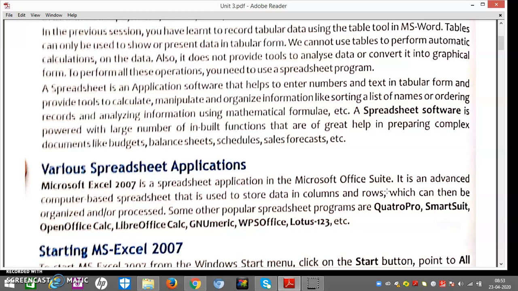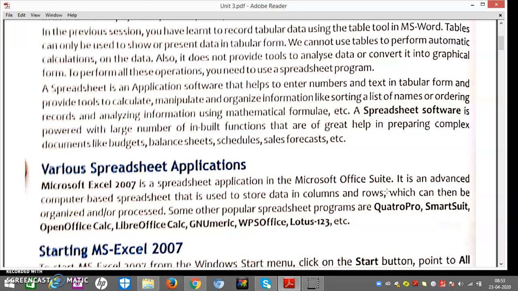Also, MS Word does not provide tools to analyze data or convert it into graphical form. To perform all these operations, you need to use a spreadsheet program. Graphical means we need to analyze the data. There are various kinds of data analyzers available in our spreadsheet.